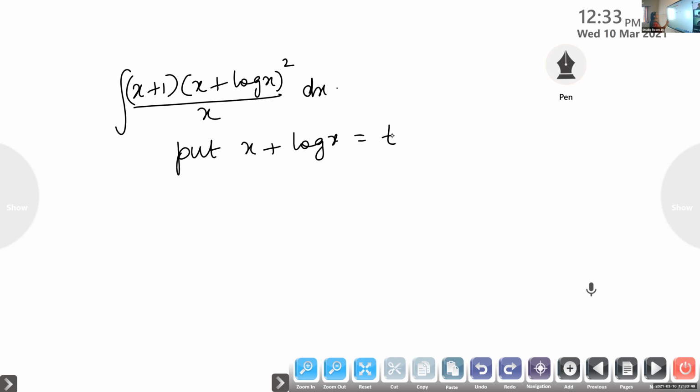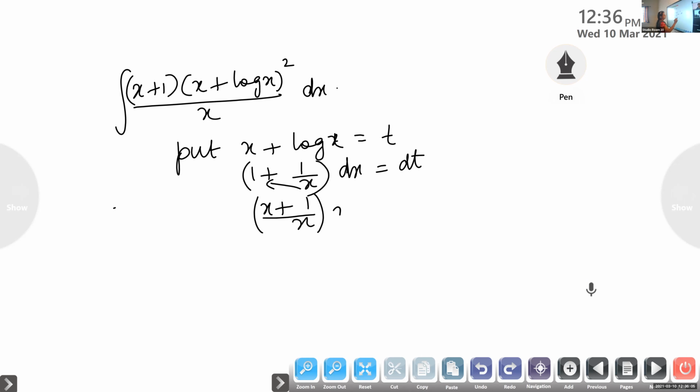So try it, find out what is dt by dx. Yes, Karthik, can you give the answer? 1 plus 1 by x. If you differentiate log x, you will get 1 by x. Into dx will become dt. If you take the LCM, it is (x plus 1) by x into dx will become dt. Is it like this, Tomlin? Anila Mohanan, is it okay?